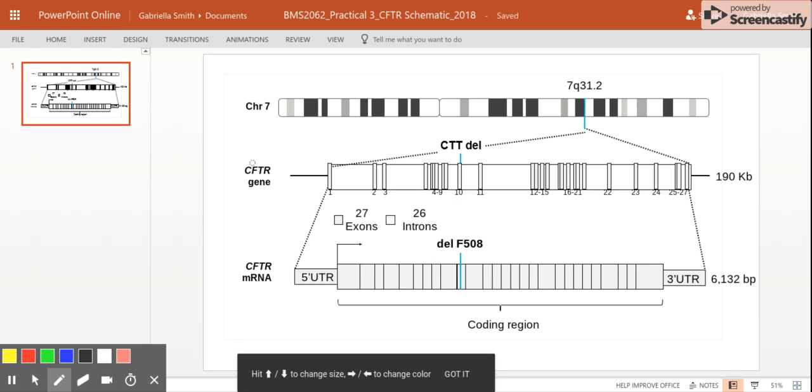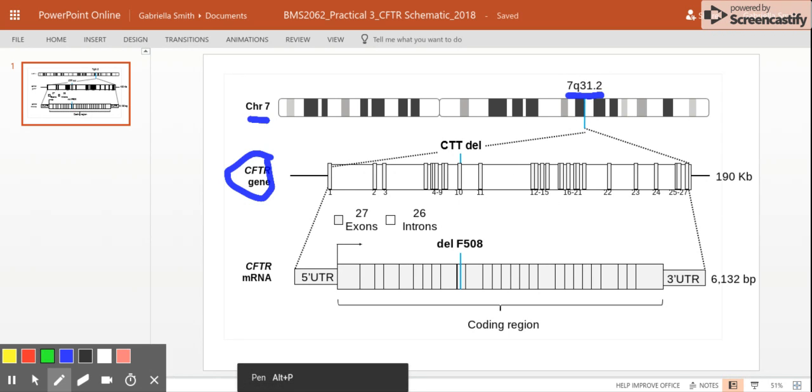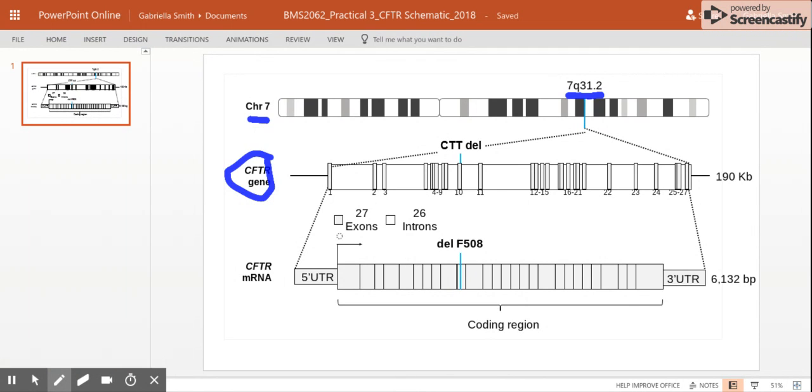The CFTR gene is located on chromosome number 7 at this particular position here. If we zoom in on this gene, we've got it just here. We can have a look at it a little bit closer. So it is encoded by 27 exons, these little bars here, which are the coding regions of the gene, meaning